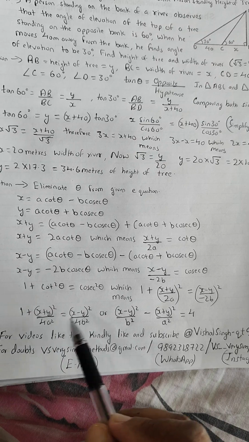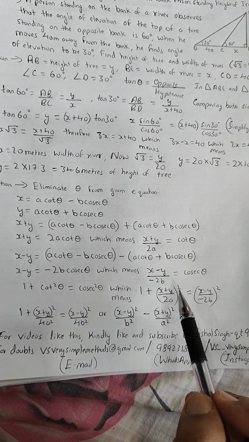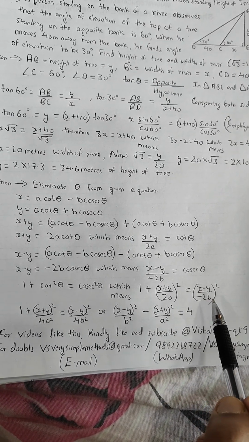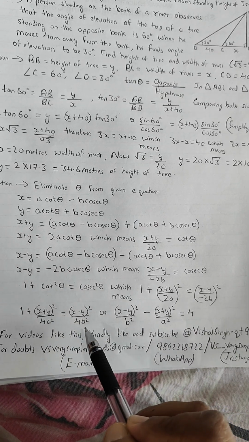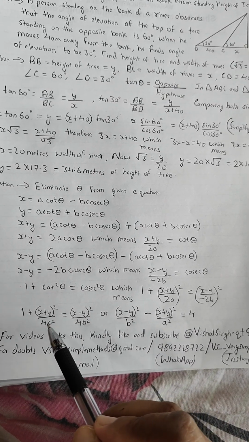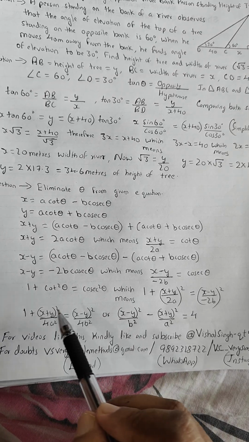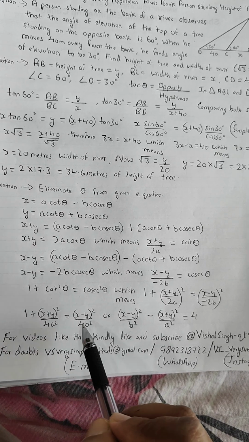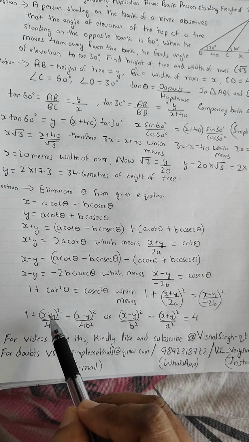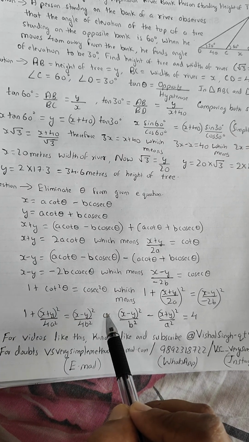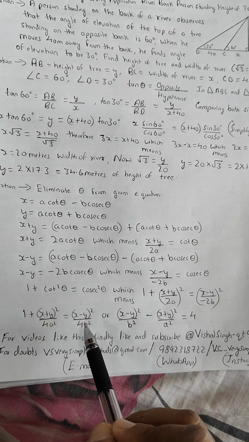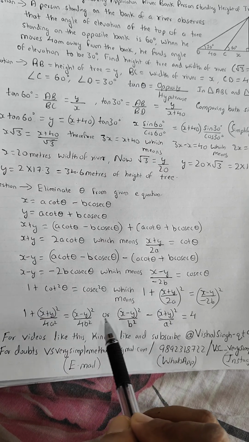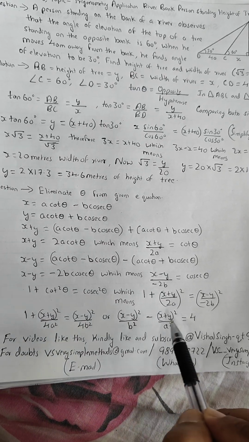वो 2 steps क्या है? Let's see. 1 plus x plus y whole square upon 2a का square. 2a का square will be 4a square, and here minus 2b का square will be 4b square. Minus का square plus आता है, so it will be 4b square. Numerators will remain as it is. Now I have just done one small adjustment. पहले मैंने सबको 4 से multiply किया. I have multiplied with 4. This becomes 4. This 4 gets cancelled. Then what I have done is that I have shifted this term to the other side. What it means is that x minus y square upon b square remains as it is, but ये जो प्लस में है x plus y square upon a square, this is shifted to the other side and becomes minus, and 4 remains here as it is. That's all we have in this particular solution.